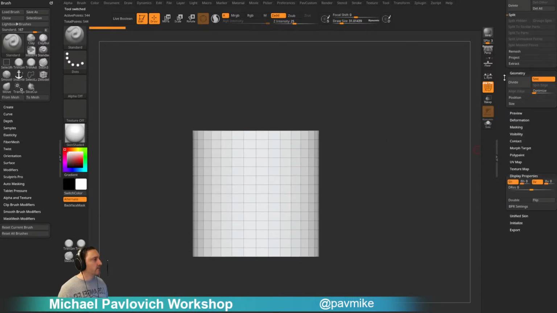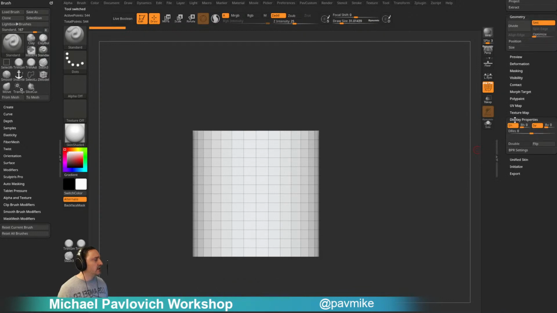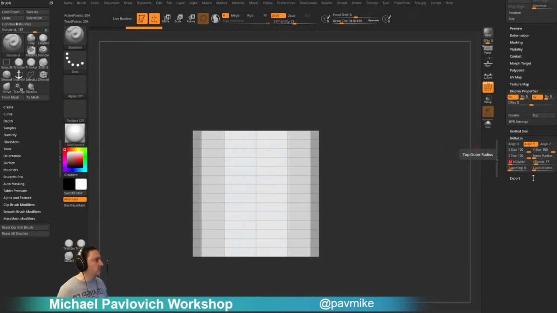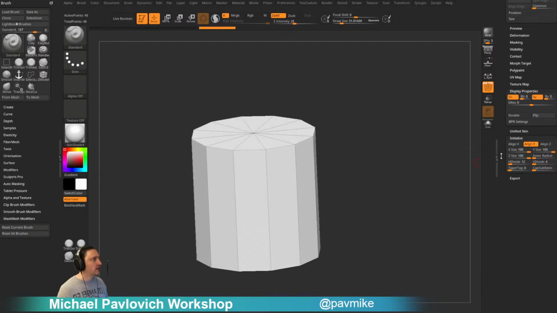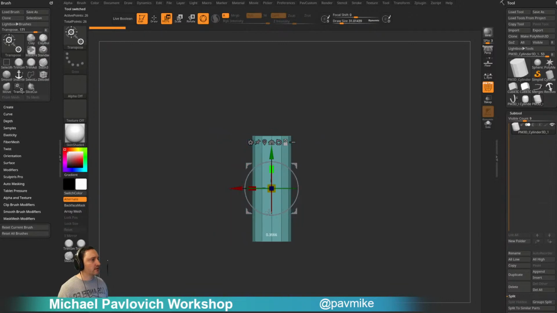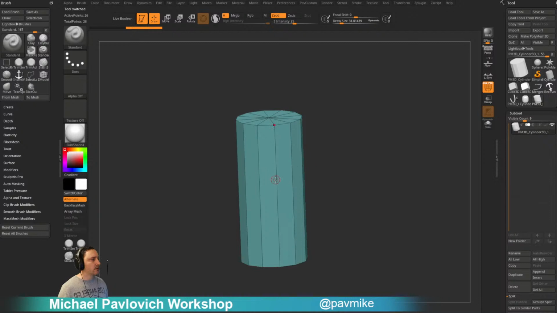Let's do a cylinder. Again, I said we're going to be semi-fancy. Let's go down here to initialize, H divides of maybe 12, V divides of 3. I think that'll be okay. Make polymesh 3D. We'll go ahead and hold down Alt and scale along that axis here. And we'll go in here and we'll say,